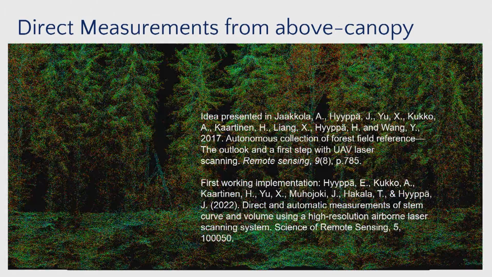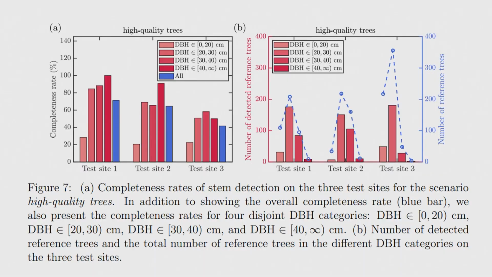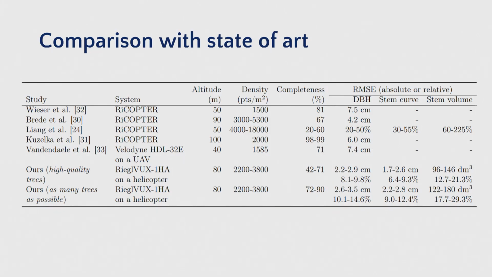So here is what the data looks like. You see that the trunks are visible, but this is very dense, like 1,000 points per square meter. We had 3 different test sites, and we found that about 60% of trees were found with this technique. And when we started to compare the results with other results where they have flown a UAV inside the canopy in very sparse areas, we saw that our results, which were between 2 and 3 centimeters for diameter, were better, because nobody else has ever gotten there. Theirs ranged from about 4 to 8 centimeters before that.